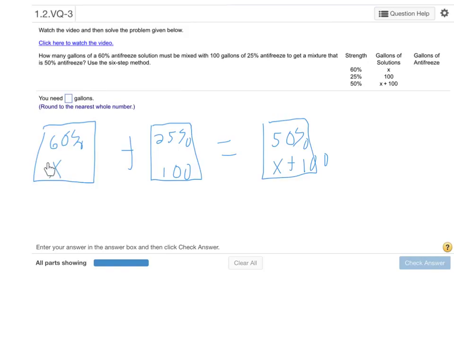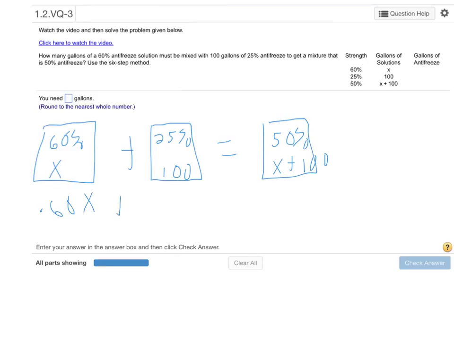We want to figure out how much of a 60% solution to mix with 100 gallons of a 25% solution, to end up with a 50% solution, and the amount will be the sum here, x plus 100. Then you just need to come up with the equation,